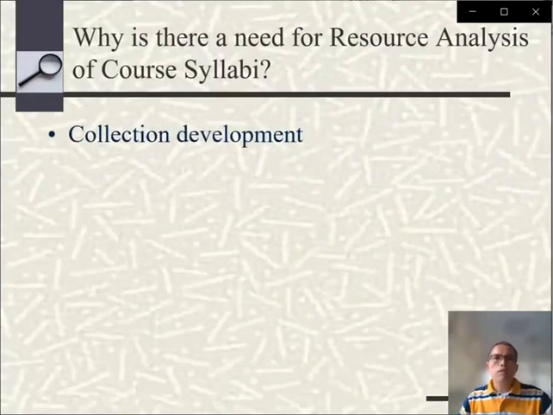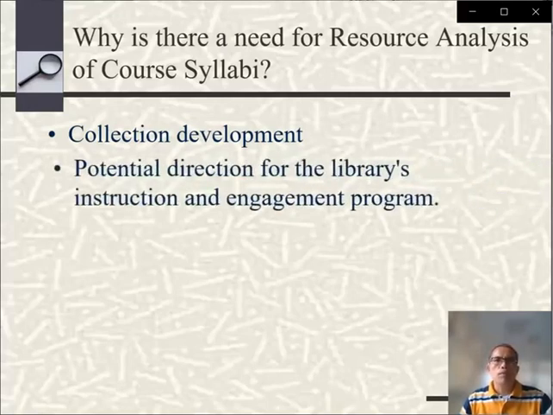Number one, collection development. Conducting resource analysis is one way libraries can improve their collections. This is one of the strategies on how to assess and identify the weaknesses of your library collection. Resource analysis can aid in collection development by checking if the cited resources are available in your collection or sufficient to support the courses. It also guides collection managers in the future selection of resources and identifying titles for evaluation for possible inclusion in the collection.